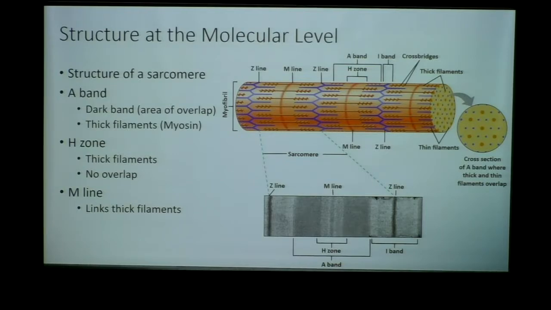Again, this is how we see muscle under the microscope. We can see these differences in the thickness of the protein and how many proteins are overlapping in that region. And this is what gives us these unique staining areas that we call bands or lines on the muscle. Okay, so I really want you to understand that this is more of a histological appreciation, something that we see